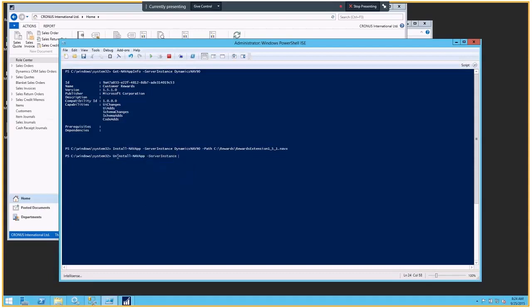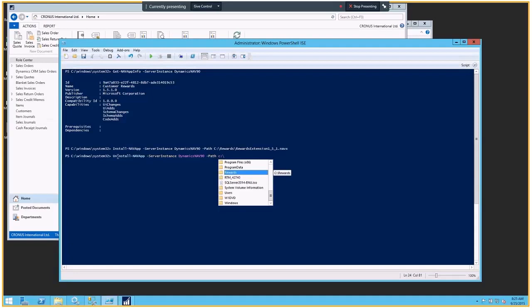Server instance 90, and we'll path back. And here's the value for keeping that package around: now I don't have to try to remember a name or an app ID or anything like that. I can just go ahead and path out to that very same package that I used to install,